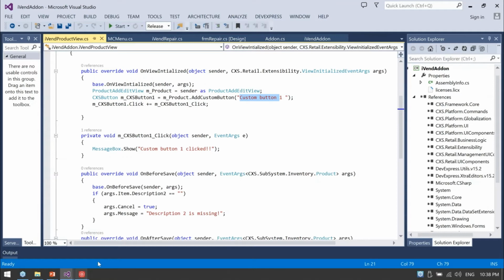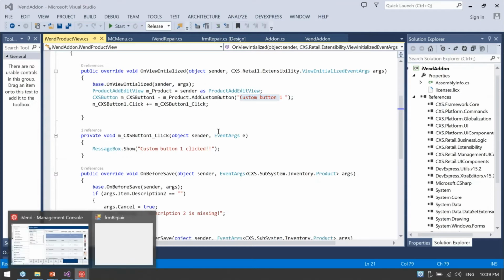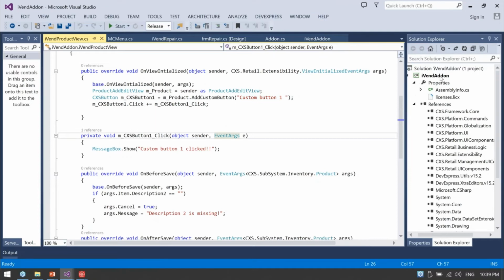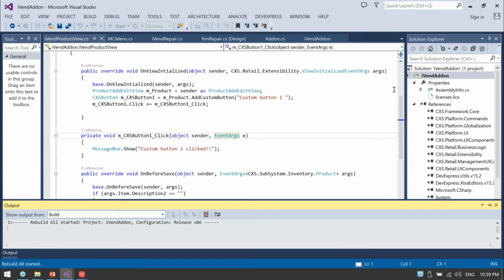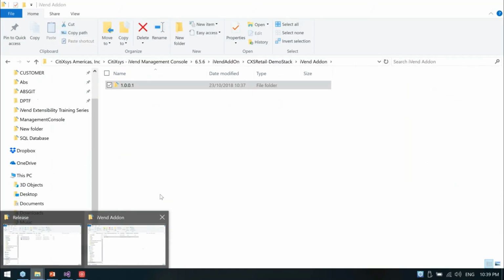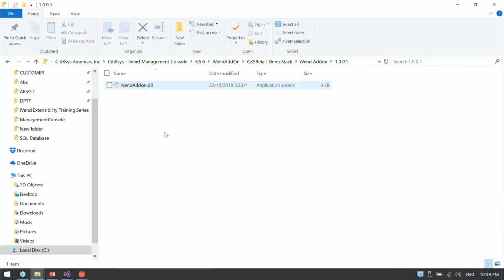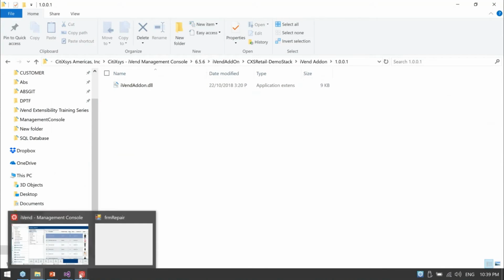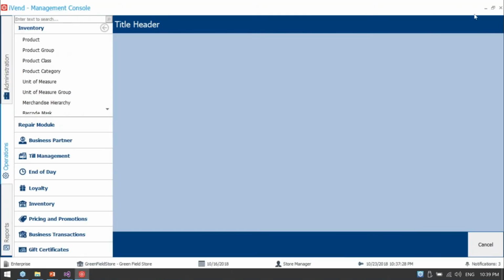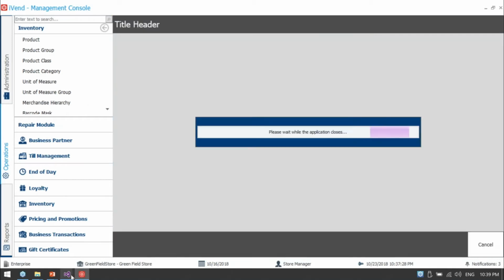so currently it's not the latest one, so I need to review and deploy the new one. Review. Okay, this time I will try to debug and copy into this folder. So this is the new iVend form. Okay,